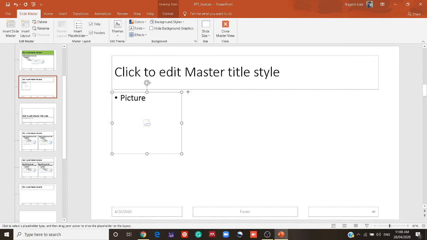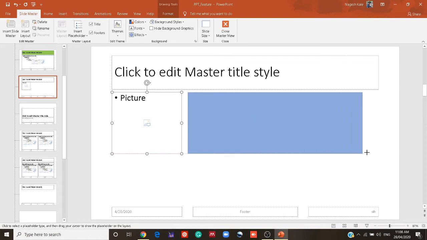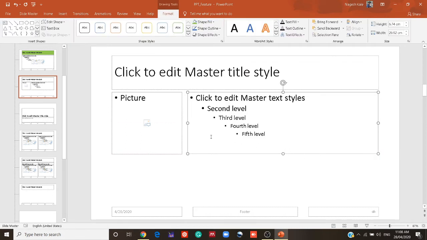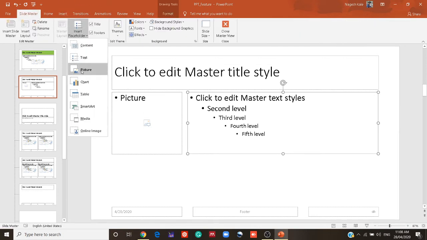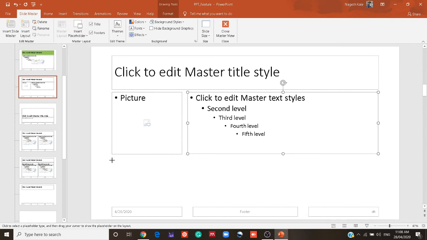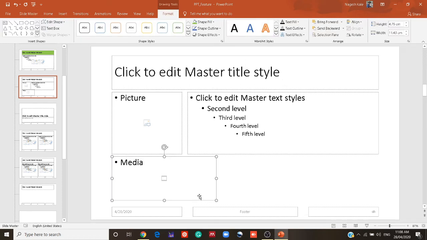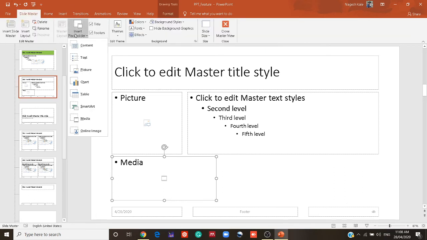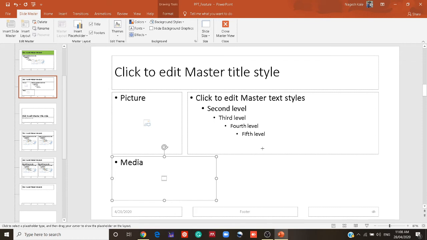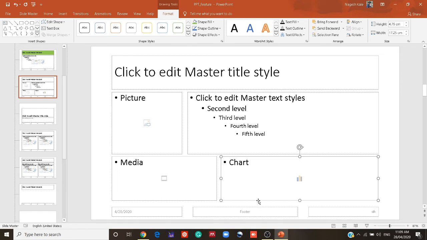Okay, again go to the slide master, insert placeholder. Suppose I want text to be placed here. Suppose this much should be the text of my slide. Then again go to the slide master. Suppose I want to insert some media file. Suppose I think that media should be played here in this much content. And then suppose I want some other type of thing, a table or chart, anything that you want. Suppose I want some table, I can use that table here. Chart, suppose I want chart, I will write that chart here. That's it. Suppose I want my slide like this. Here will be picture, here will be content, here will be media, and here will be chart. Okay, and here will be the title of the slide.